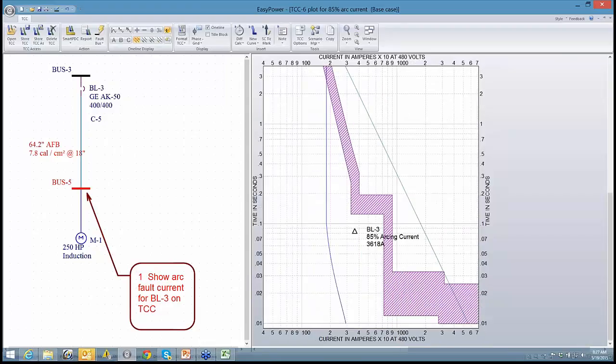In particular, MCC breakers have a very steep drop and inflection, whereas if we have a current set at this point, or at least the arc occurs at this particular current, the breaker may engage at this time, which is somewhere around 130 milliseconds, but it's not guaranteed to clear until somewhere up here, which is up near a half a second. So this is much more unpredictable and consequently a much worse setting point than if we just set it a little bit lower